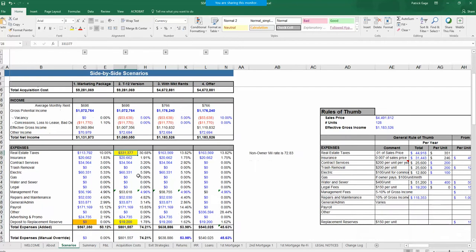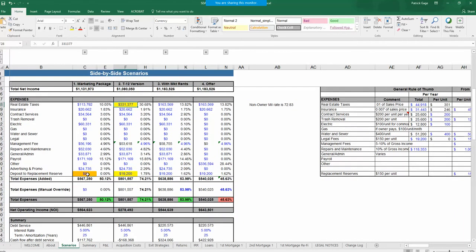And another area I added is they didn't have any in here for deposit for replacement reserves. Now I know that they said they just redid the property and all this, but some banks, most banks, will probably require you to have some deposit for those incidentals. And plus you want to make sure